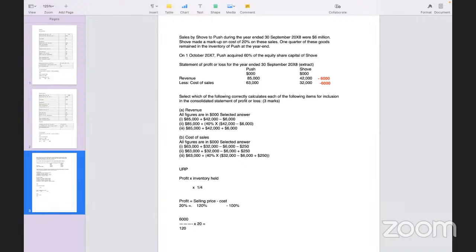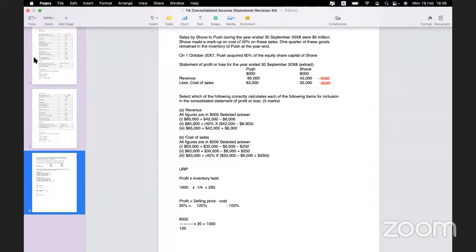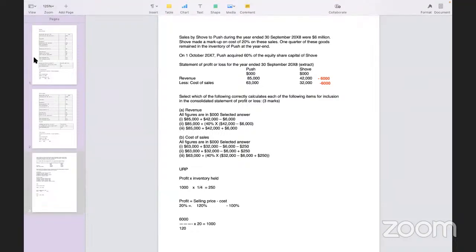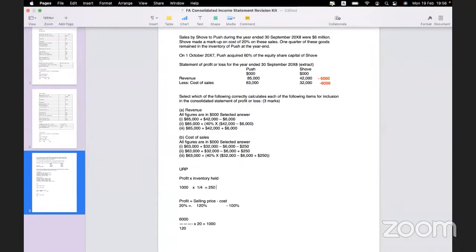So that means guys, my URP will be 6,000 divided by 120. That into 20 guys, answer is 1,000. So 1,000 is the profit. Multiply 1,000 into 1/4. Answer guys will be 250. That's the URP. Right. Then guys, what I have taught and given you all, no matter who sells to whom,